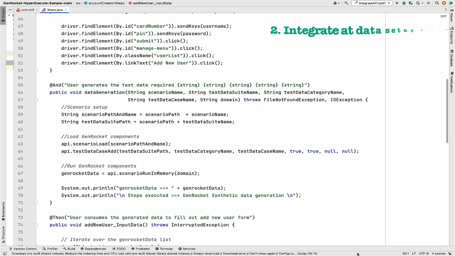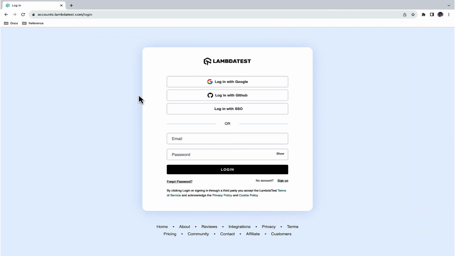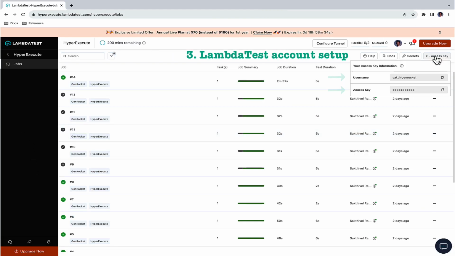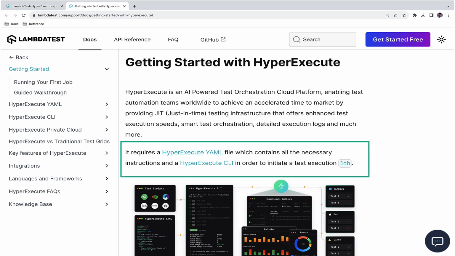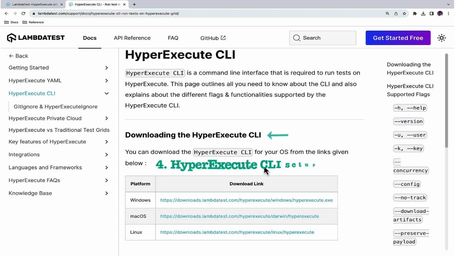And then navigate to the automation scripts where the test data setup step is performed. We need to call the GenRocket components to integrate and generate data at runtime as per the test case need. Now set up your Lambda Test account and profile, and then navigate to the HyperExecute platform to get the username and the access key for your account. As mentioned in the HyperExecute documentation, we need to prepare a HyperExecute YAML file to provide instructions, and a HyperExecute command line interface to initiate the test execution job. We can download the HyperExecute CLI and a predefined YAML file from the HyperExecute documentation portal and place it in the